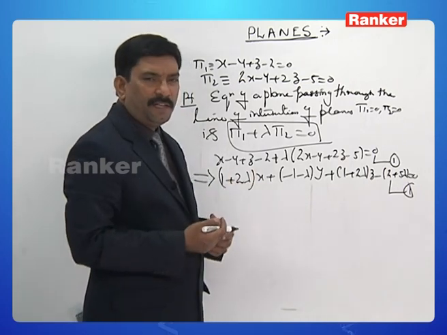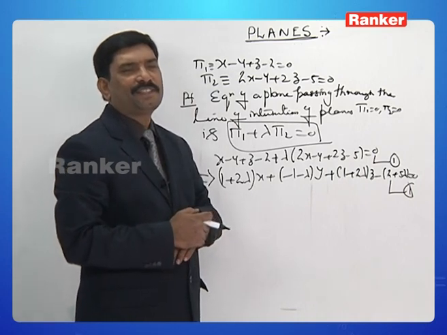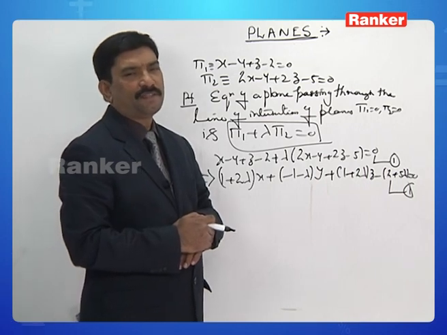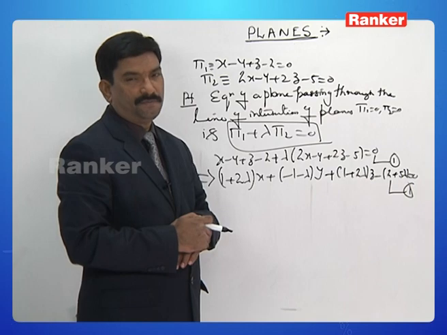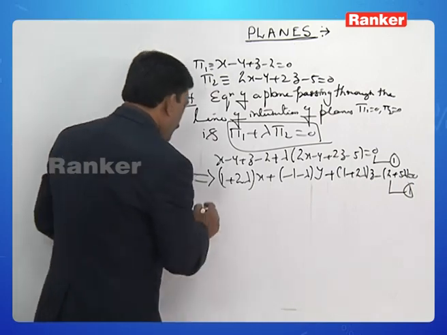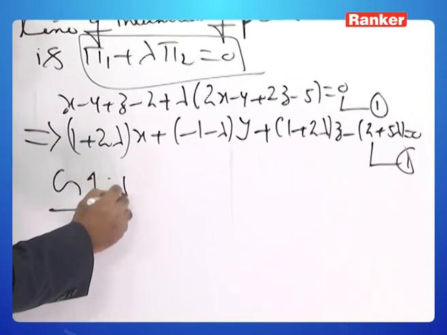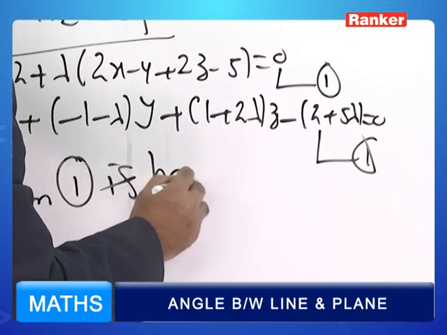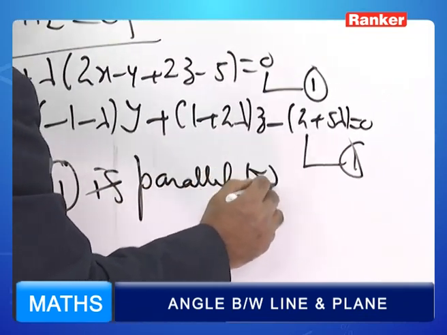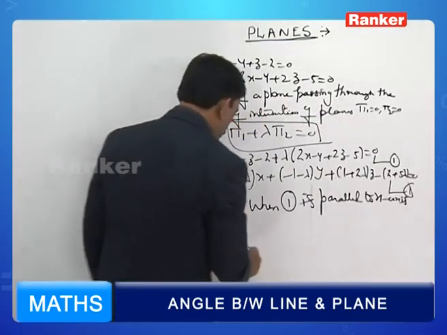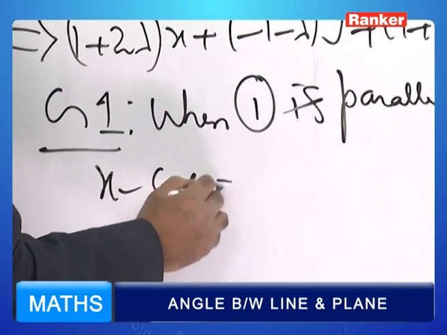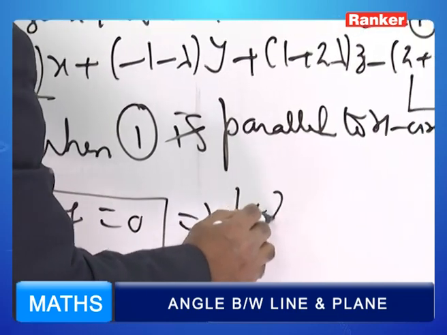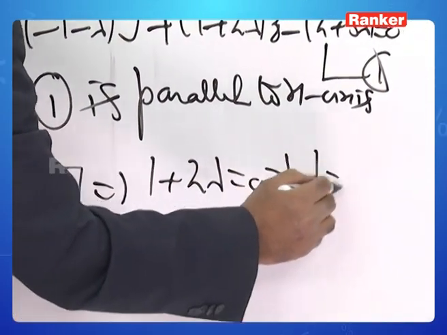This plane is parallel to x-axis. When any plane is parallel to x-axis, the x coefficient is equal to 0. So therefore, now I can write case 1. When 1 is parallel to x-axis, the x coefficient is equal to 0. What is the x coefficient? This is. Therefore, 1 plus 2 lambda is equal to 0. Therefore, lambda is equal to